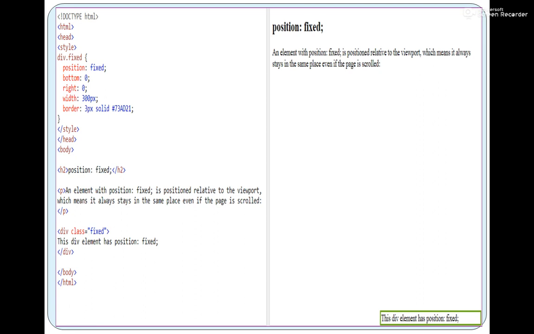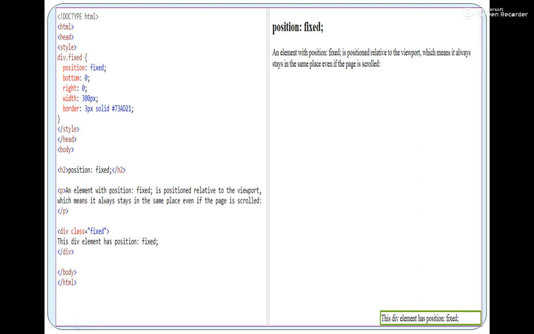And right has value 0, meaning there should be no space or margin left from the right side. That is why the element is placed at the bottom right corner of the web page. Because we have given both values 0 0, it is placed at the extreme 0 0 coordinate, right?